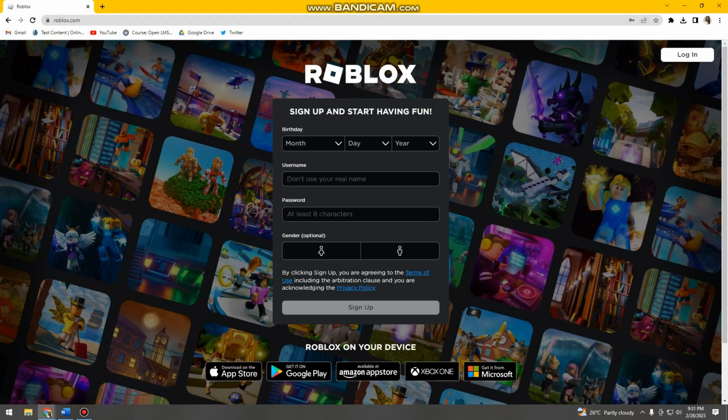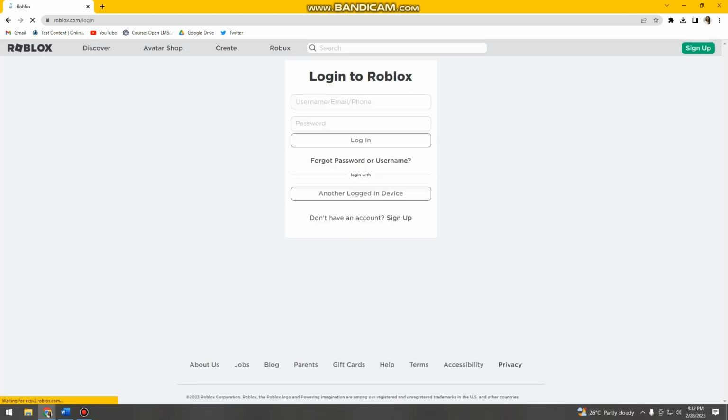And then here, you want to click login if you have an account, and if you don't have one, just fill out this form. So you need to put your birthday, username, password, gender, then click sign up. So I'm just gonna log in my account,